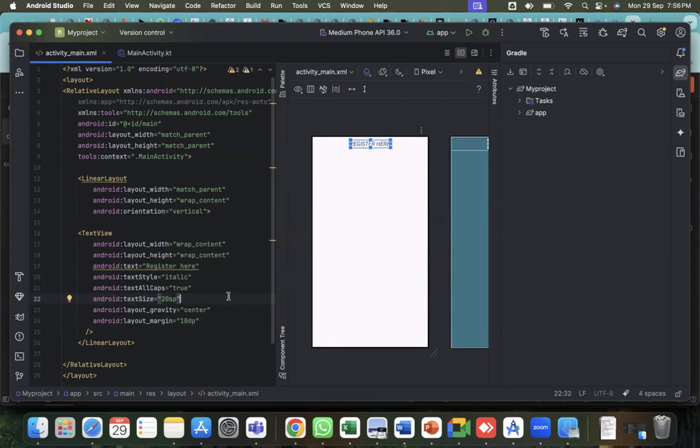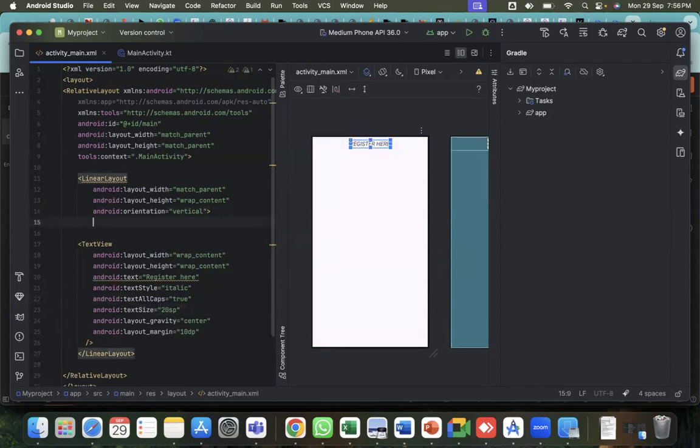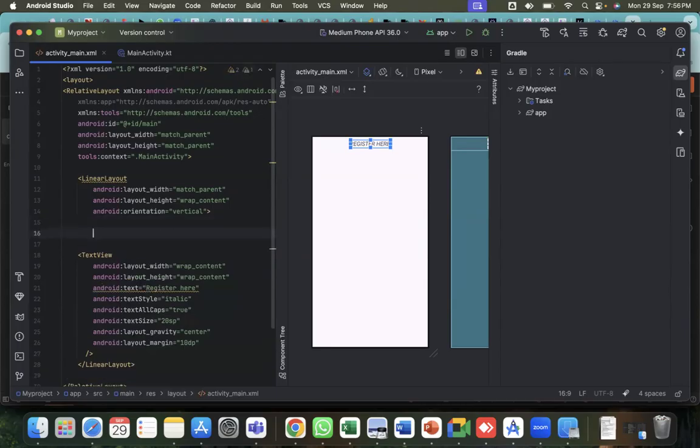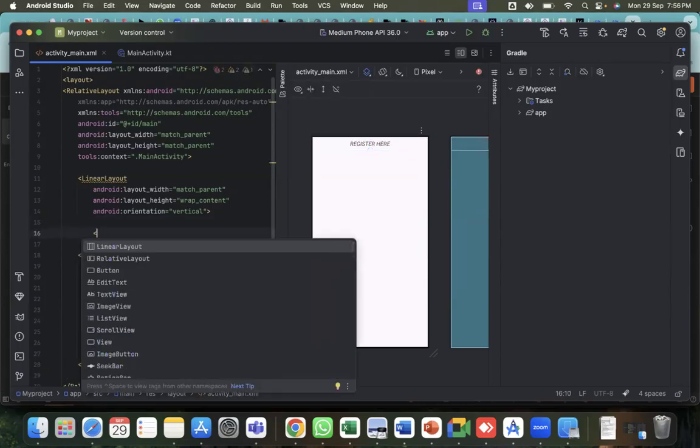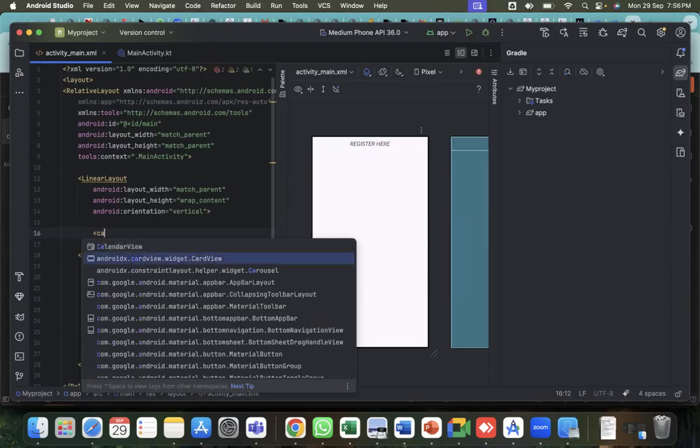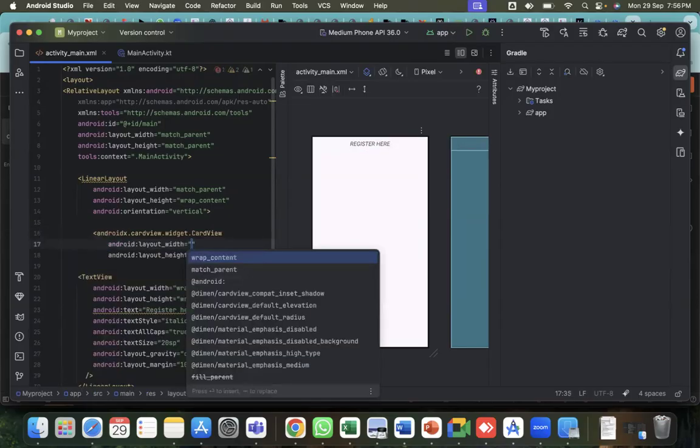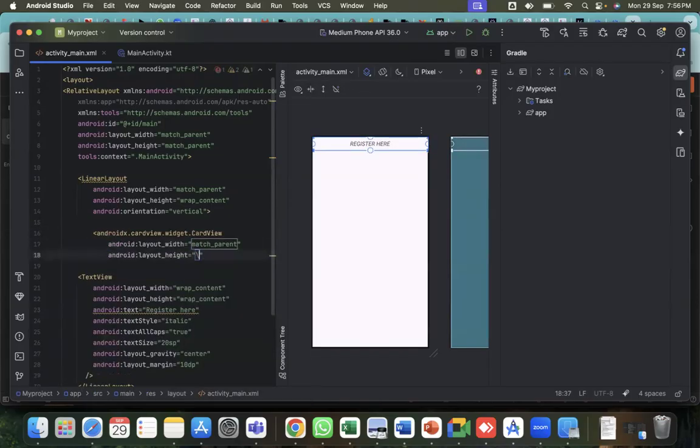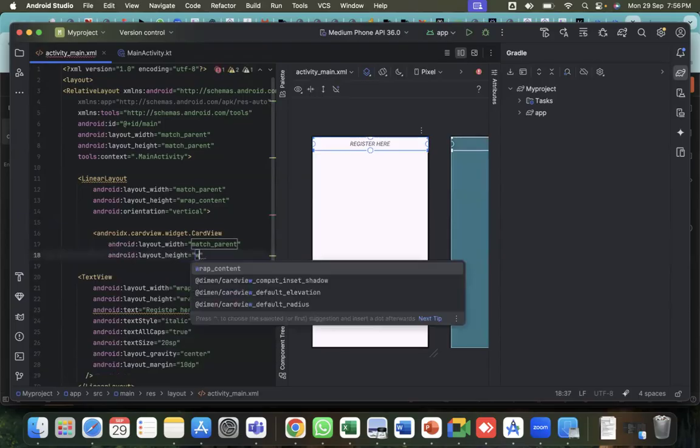As of now we did very basic things, but now I want to apply some changes as per the material concept. Google has introduced Material Design. To make an attractive UI, we are using material concepts. I'll show you what there is. On Material Design, first I'm using one concept called card view, so some background effect will come here. That I'm using here with wrap content,